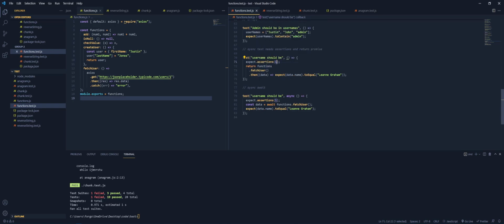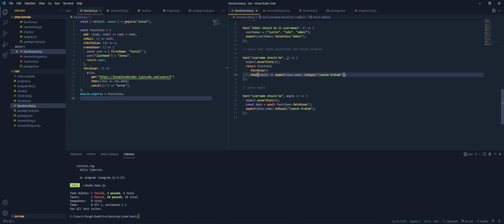Like if you want to return this function here, which is fetch user, which is a promise because you're going to do a get and a dot then and dot catch because you're going to await. So you return your function. It says dot fetch user dot then expect right here to equal this. And so you know to run expect assertions once because you're only going to return this one